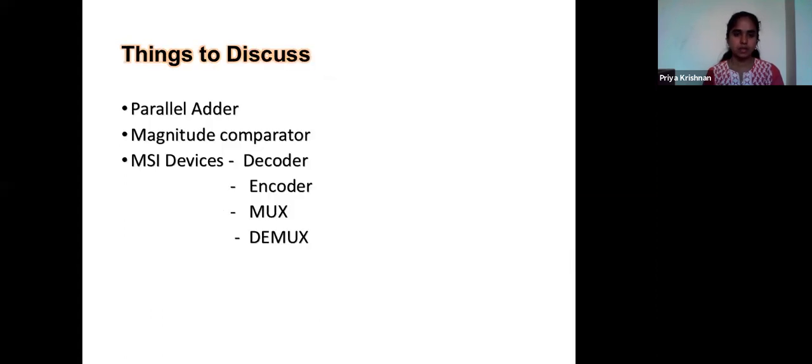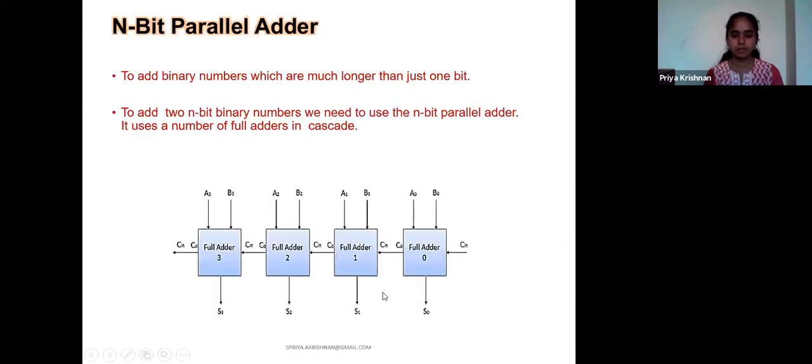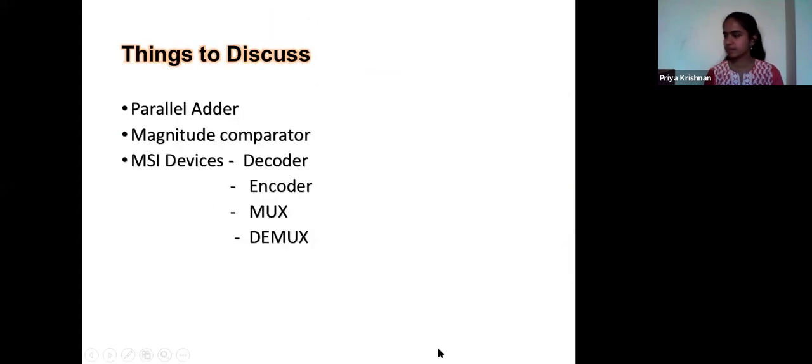Things to discuss today are the parallel adder, then the magnitude comparator, and then MSI devices. In MSI, we have decoder, encoder, mux and demux to discuss. Anyone in chat, what is MSI? MSI is medium scale integration.